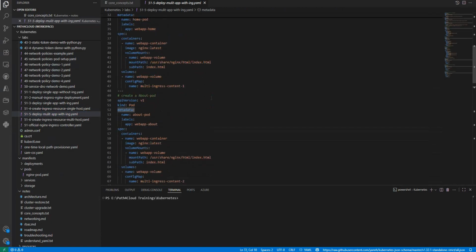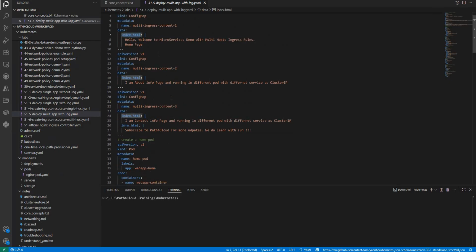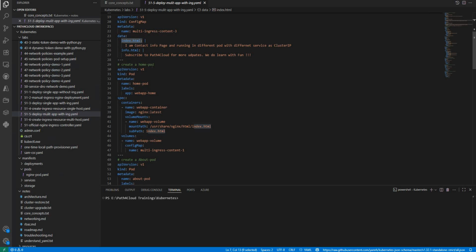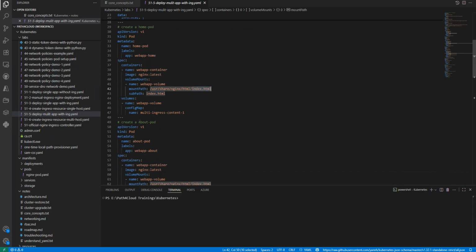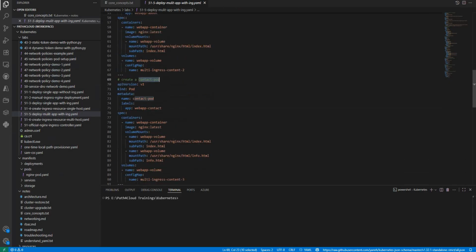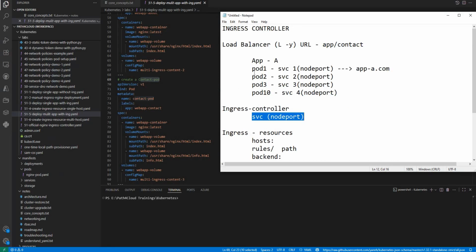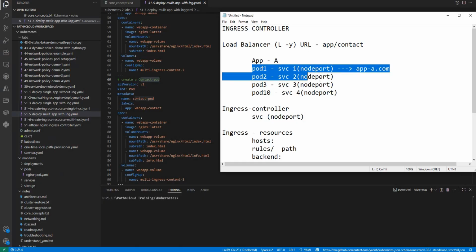So here what we are doing is, again we are creating some default HTML files. Now I'm creating a home pod, and I'm just accessing the first home page. Then I'm creating an about pod. There also I'm creating a default index.html for this. This is a contact pod. What I'm trying to say is, now we are pretending our application is microservices, and all these different